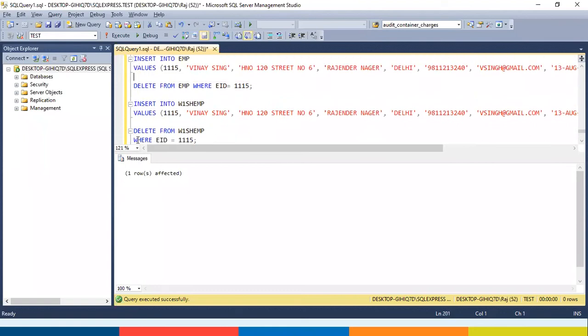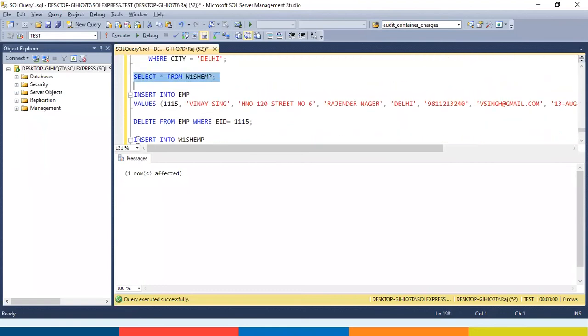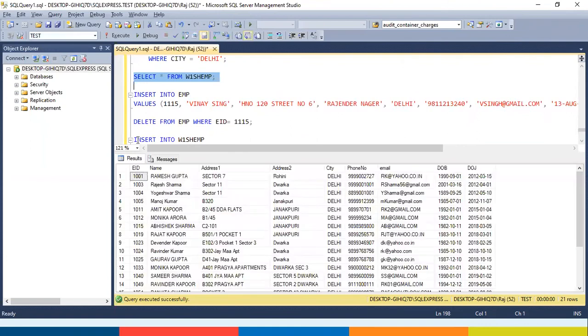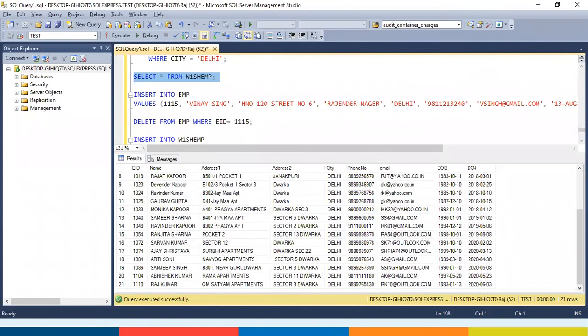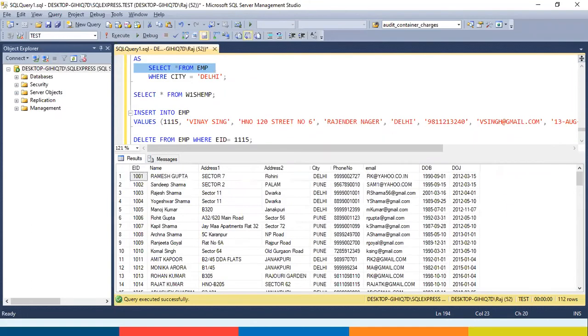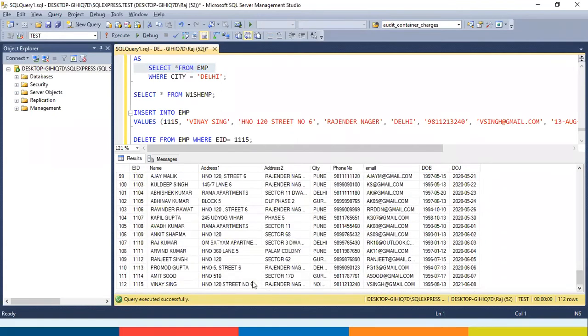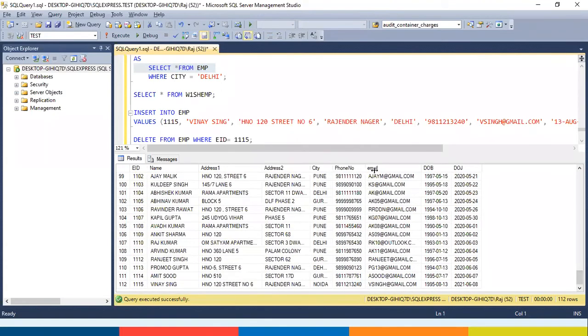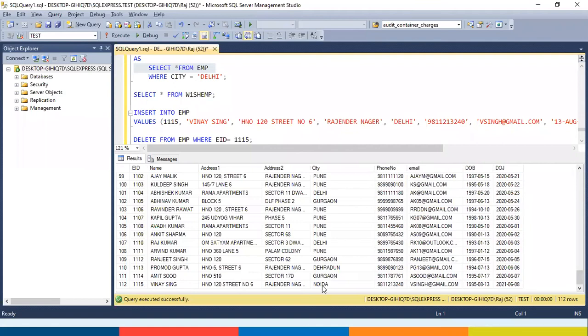Let us see if we fetch the data from the view, whether the record will be displayed or not. The data will not be displayed. Why? Because this view displays only the details of Delhi employees. But if we see in the table, you will see I'm getting the details of the newly added Noida record.